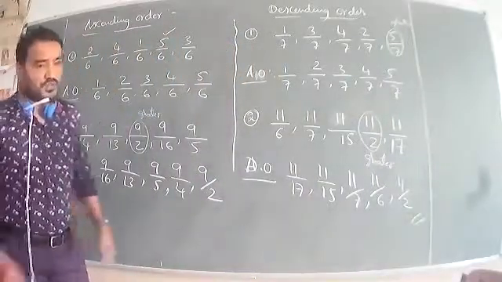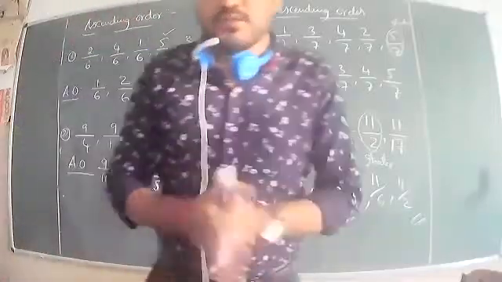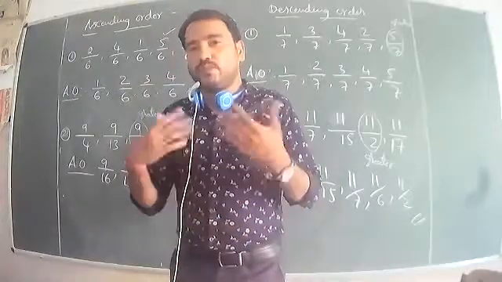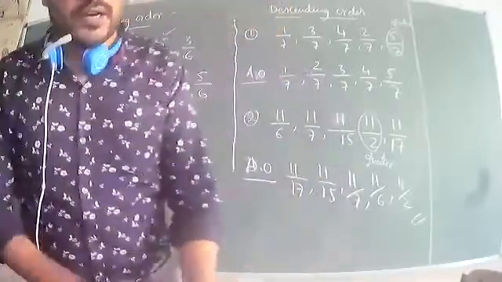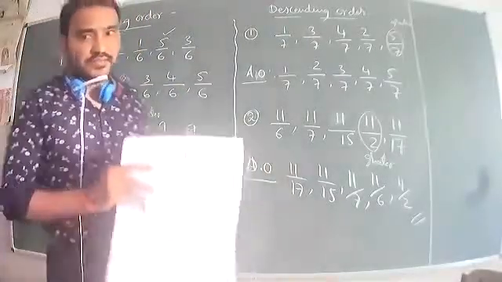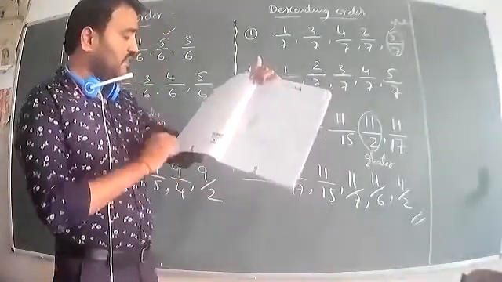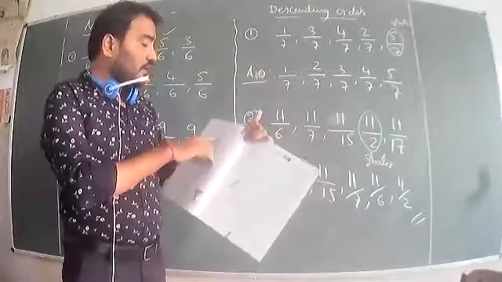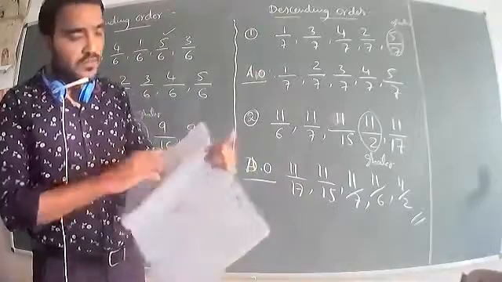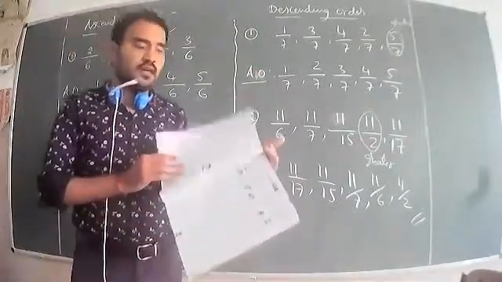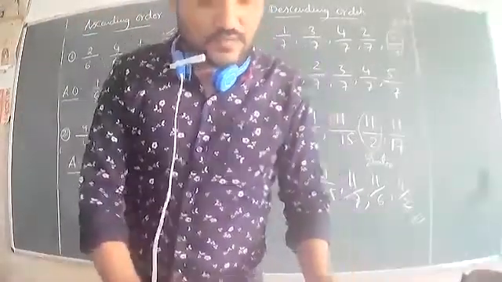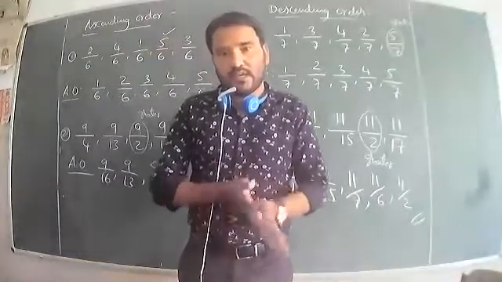All of you students, I hope you understand this concept. The rules have to be written 2 or 3 times in your homework so you can understand easily. After that, you can do the exercise part: Exercise 6F, page number 76. Compare, find the smallest number and greatest number, and arrange in ascending order and descending order. Write in homework. Now I will go for addition and subtraction, which is very easy. Shall we go for addition and subtraction?